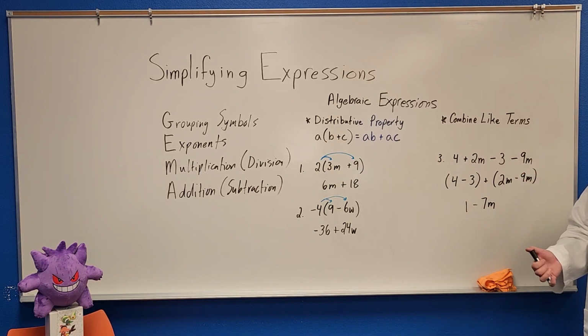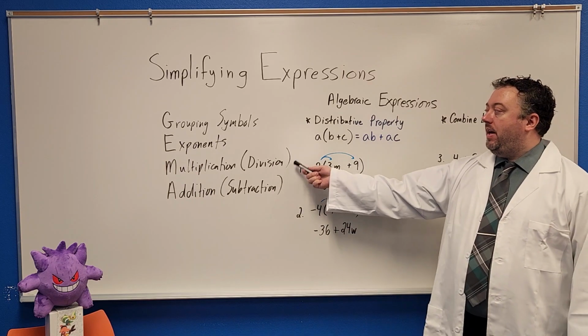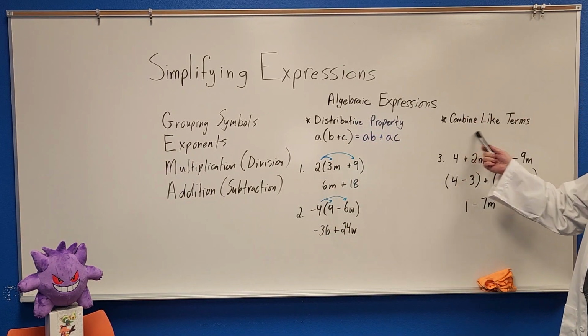So simplifying expressions, whether numeric or algebraic, are pretty much identical, but sometimes when it comes to multiplication, you're going to have to use the distributive property, and when it comes to addition, you're going to have to combine those like